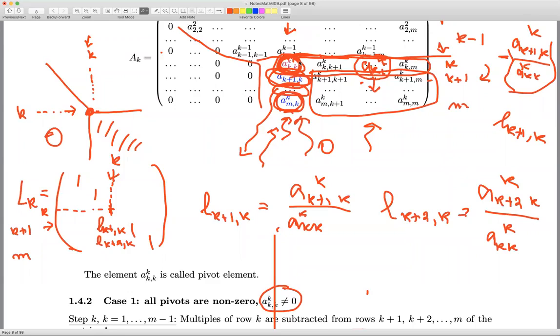If every time after we perform a step, the pivot element is different from 0, we can compute the numbers